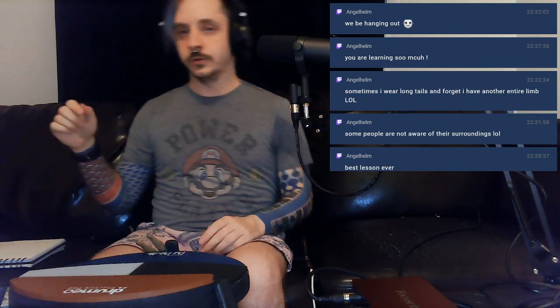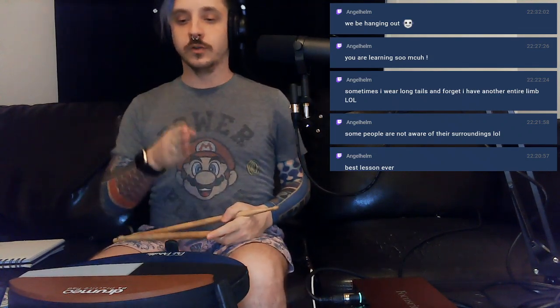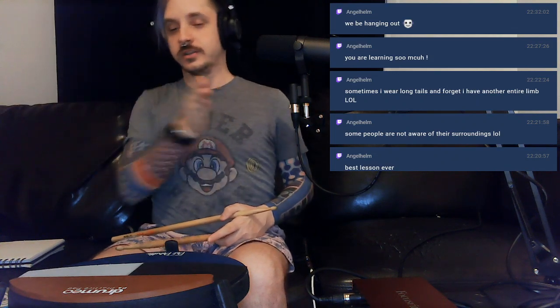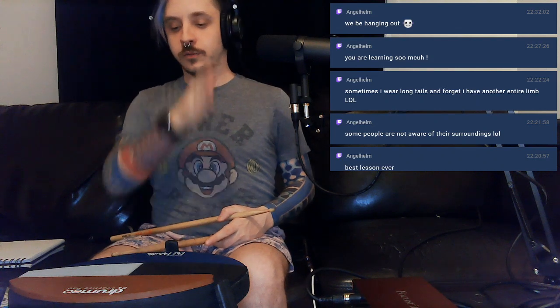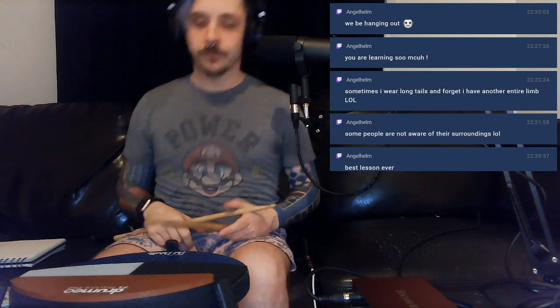1, 2, 3, 4. 1, 2, 3, 4. Now, what this can do is this can have your body moving and it anchors you too. So you're going to hit the 1 and the 3 on the other sides, and down in the middle, almost like a V, you're going to have the 2 and the 4. So 1, 2, 3, 4. 1, 2, 3, 4. Now, this has two things. One, it relaxes you.